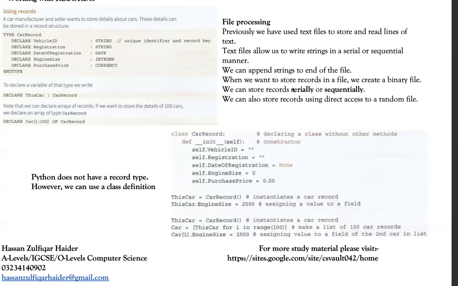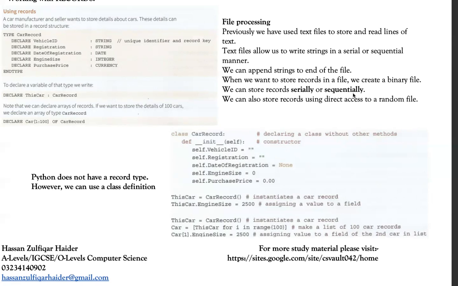So it actually makes it quite difficult to search if you have a lot of data, and you will have to perform a sort of linear search to find the value that you're looking for. But serial access does have this benefit: it is a very quick method of storing data, and it's a very simple method of organizing data. So if, for example, I want to store a small amount of data, but only for a short interval, then serial access is not a bad idea, because for a small amount of data for a small amount of time, it can be very effective. But as the size of the data increases, then it starts getting difficult.